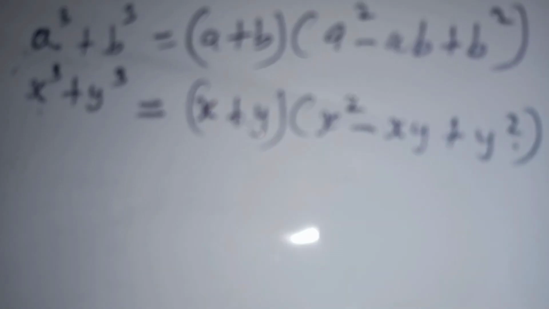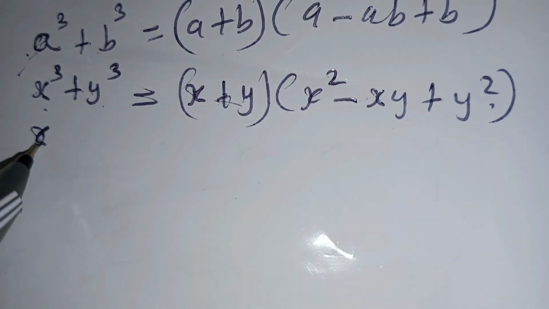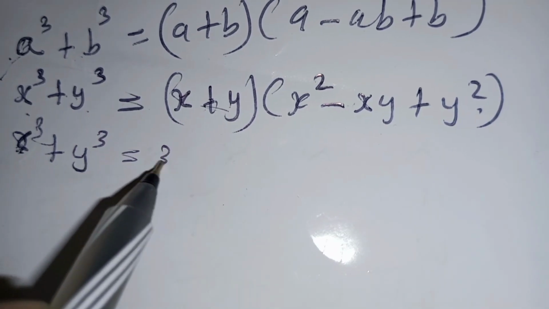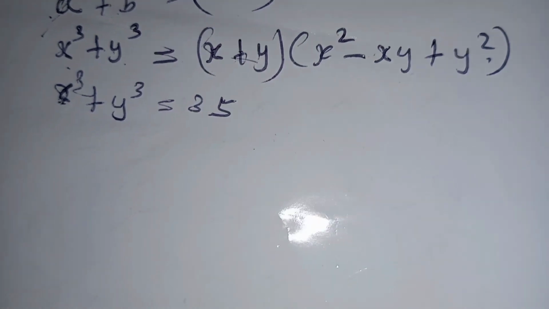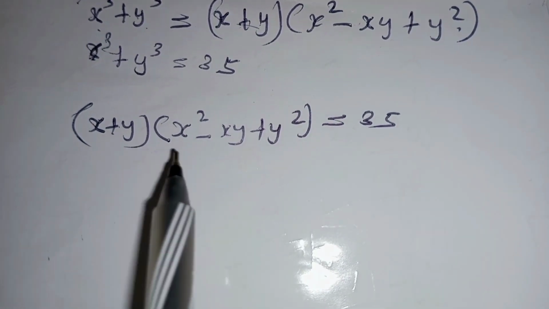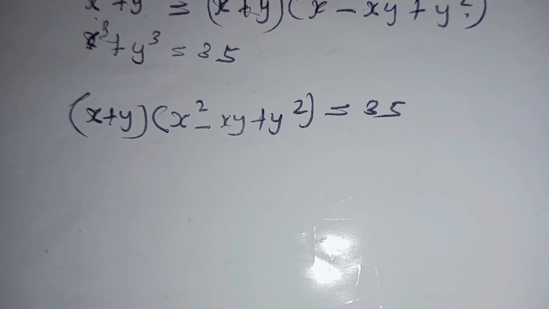So substituting this, x cubic plus y cubic is equal to 35. We find that we shall have this is equal to 35, and we note that